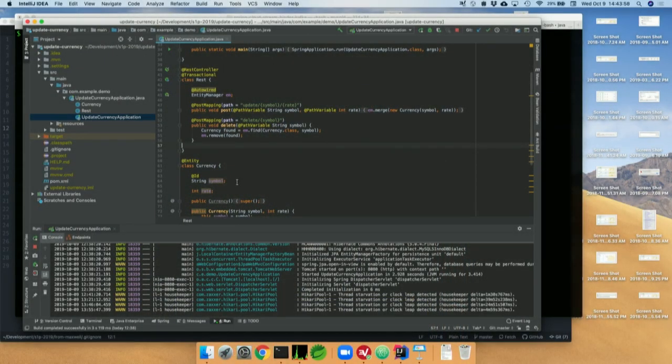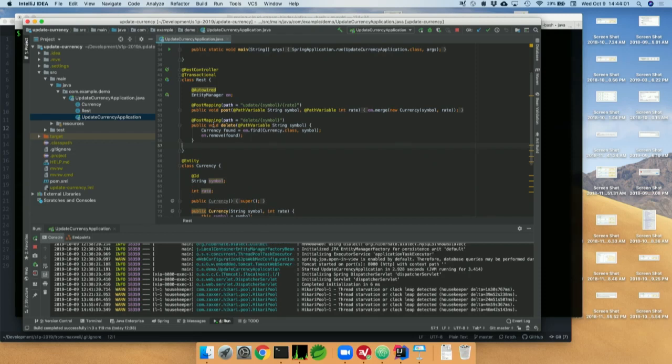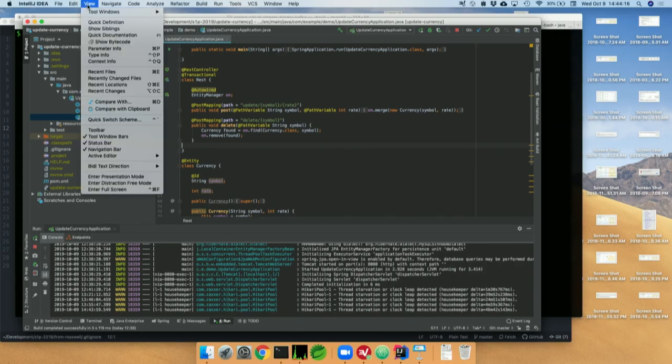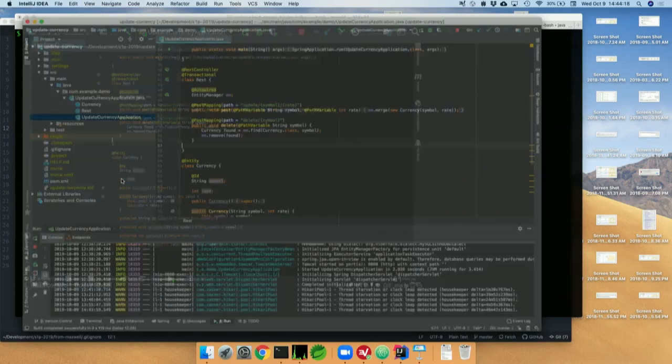All right. So this demo, on the next slide, Viktor will have a link to the GitHub repo. This demo is sort of three Boot apps. Let me go into presentation mode.